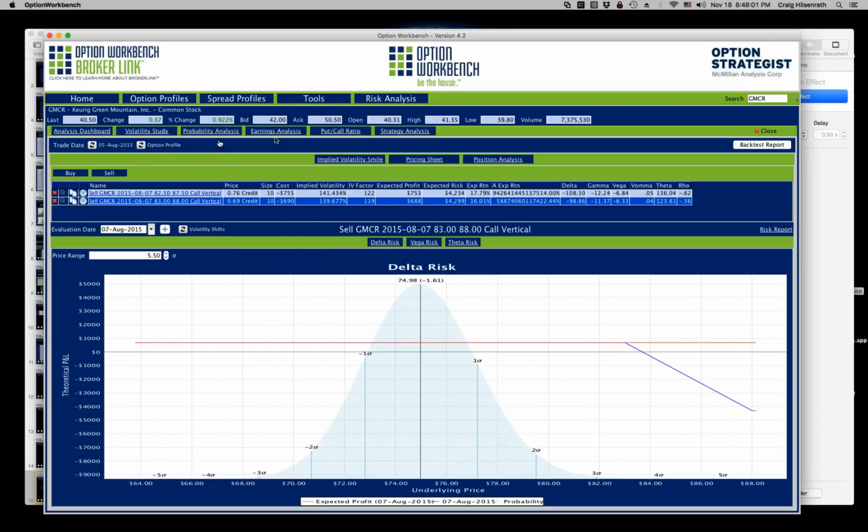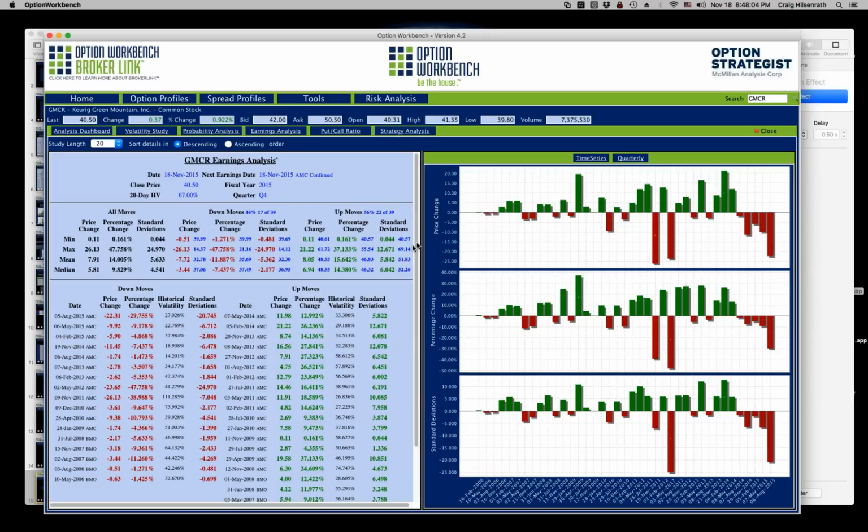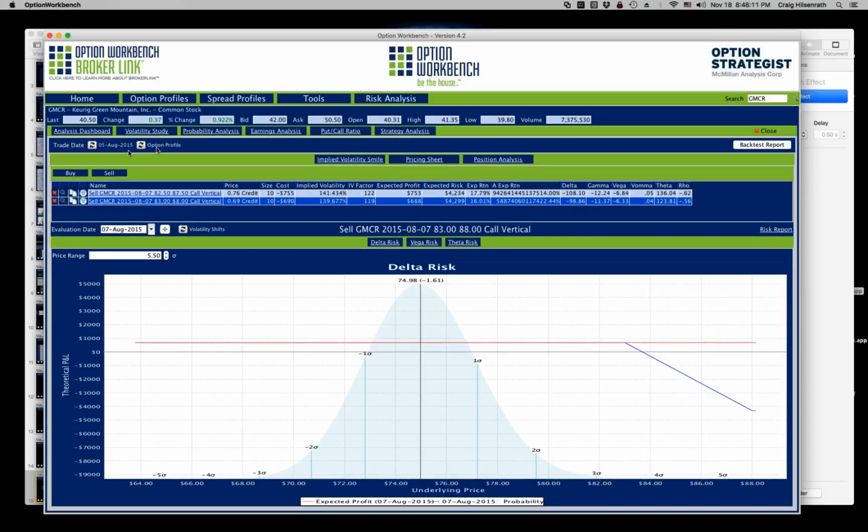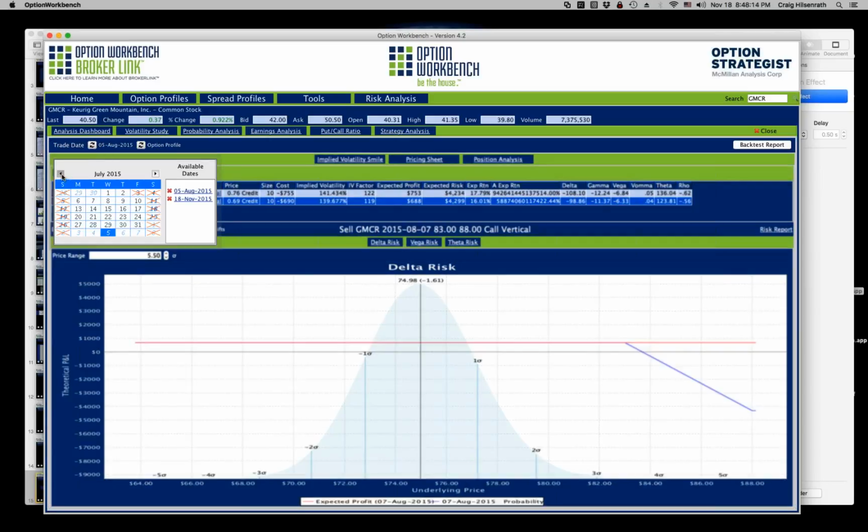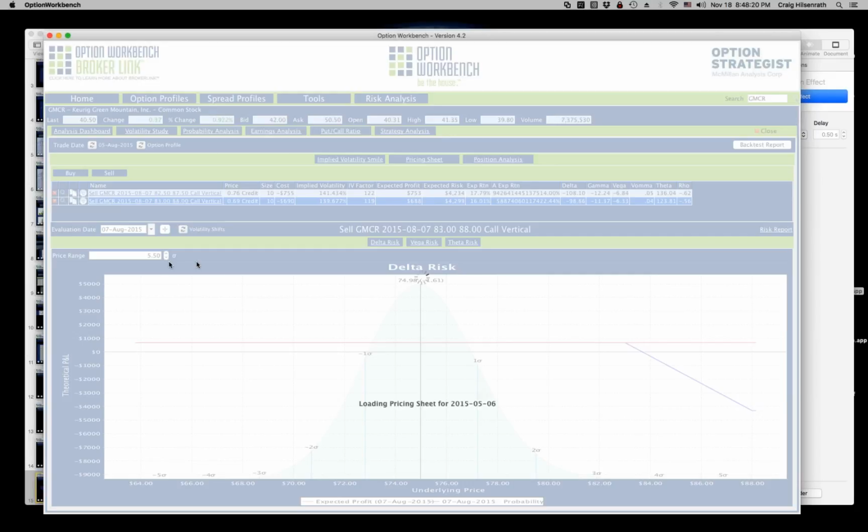Now I can also go back here. I can also look at a different date and rerun the backtest report. Let's go back to May 6th. And again, we'll use the 6.1 standard deviations. But we need to see what the close price and the volatility are on that day.